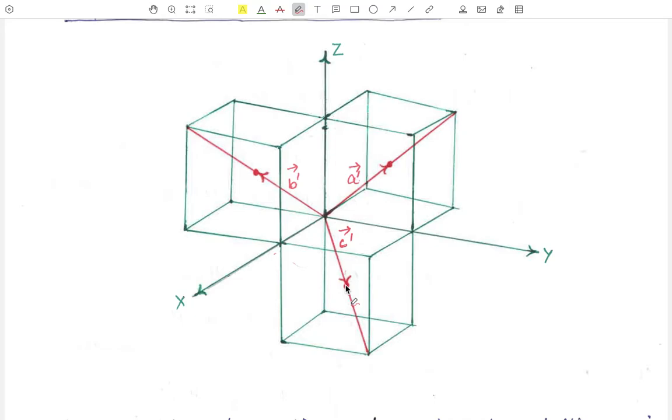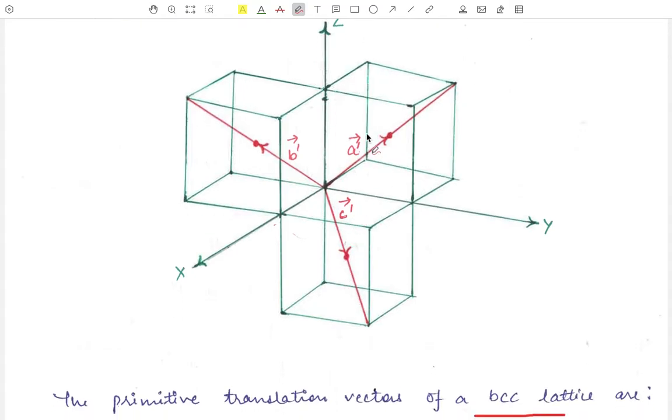Now to define these vectors, let us suppose the first vector A dash vector. अब हम A dash vector को किस तरह से define कर सकते हैं? हम देखते हैं कि A dash vector, if this is our x-axis, then this A dash vector is in the minus x direction. ठीक है, नेगेटिव x डायरेक्शन में. तो अगर हम A dash को डिफाइन करेंगे तो I कोऑर्डिनेट हमारा क्या होगा? नेगेटिव होगा. Why? Because this A dash vector is in the negative x direction axis.